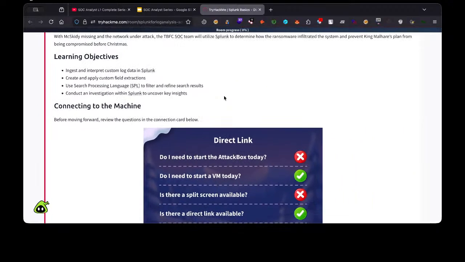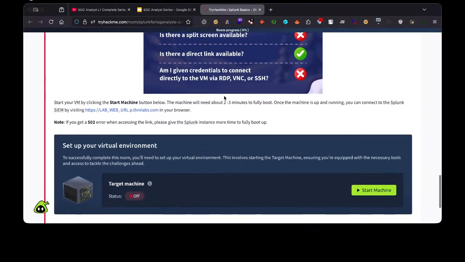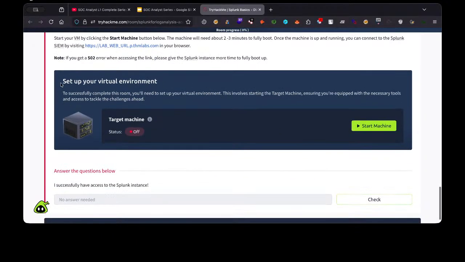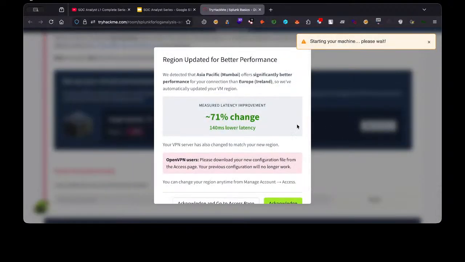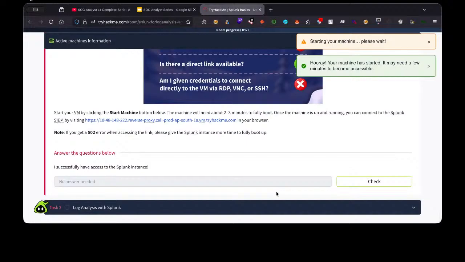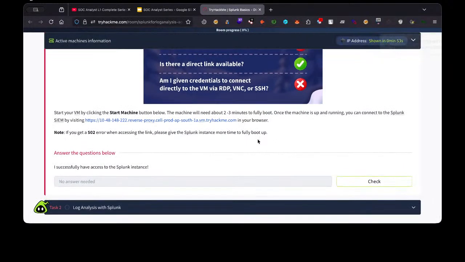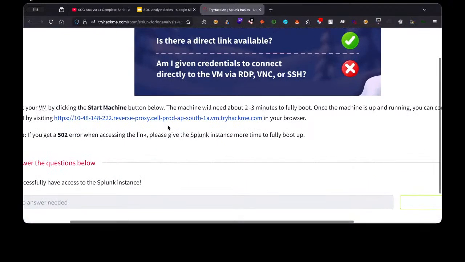Before we move forward, we have to connect the machine. So how will you connect the machine? There is a "Set up your virtual environment" section, and then you have to start the machine. When you start the machine, you can acknowledge it, and as soon as you start the machine, you will see a virtual link appear here. See this link: